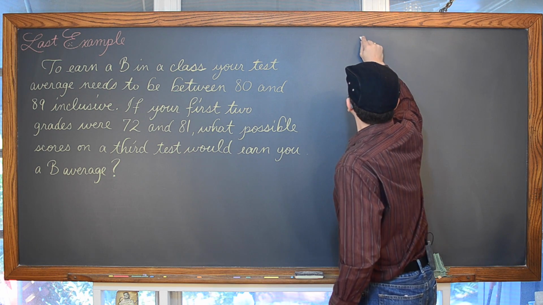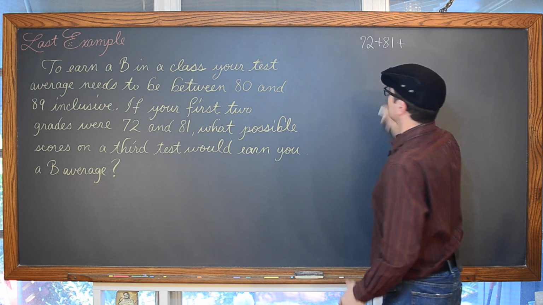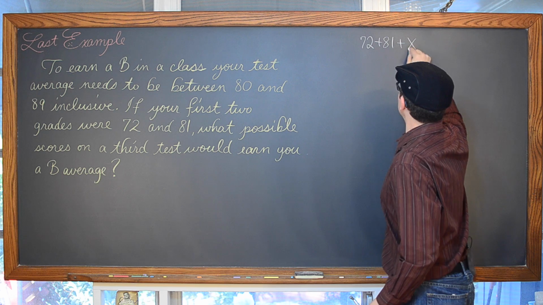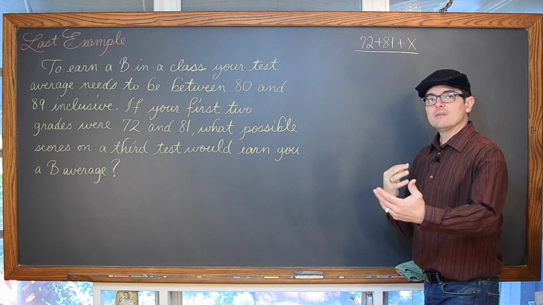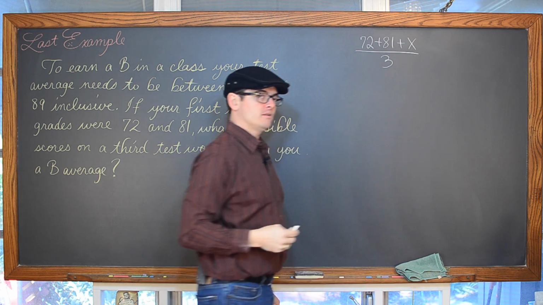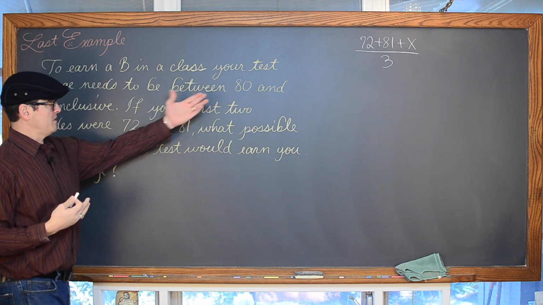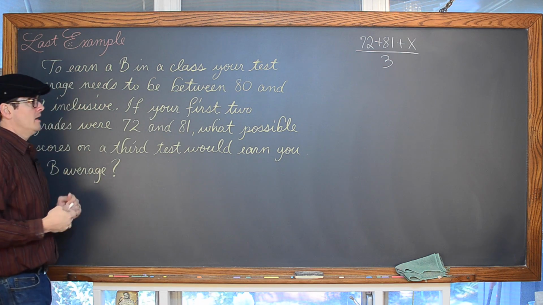It's 72 plus 81 plus some unknown test grade, which is yet to be taken. And the sum of those 3 tests will be divided by 3 to find their average. Now, we're looking at having a B average, so we're looking at being between 80 and